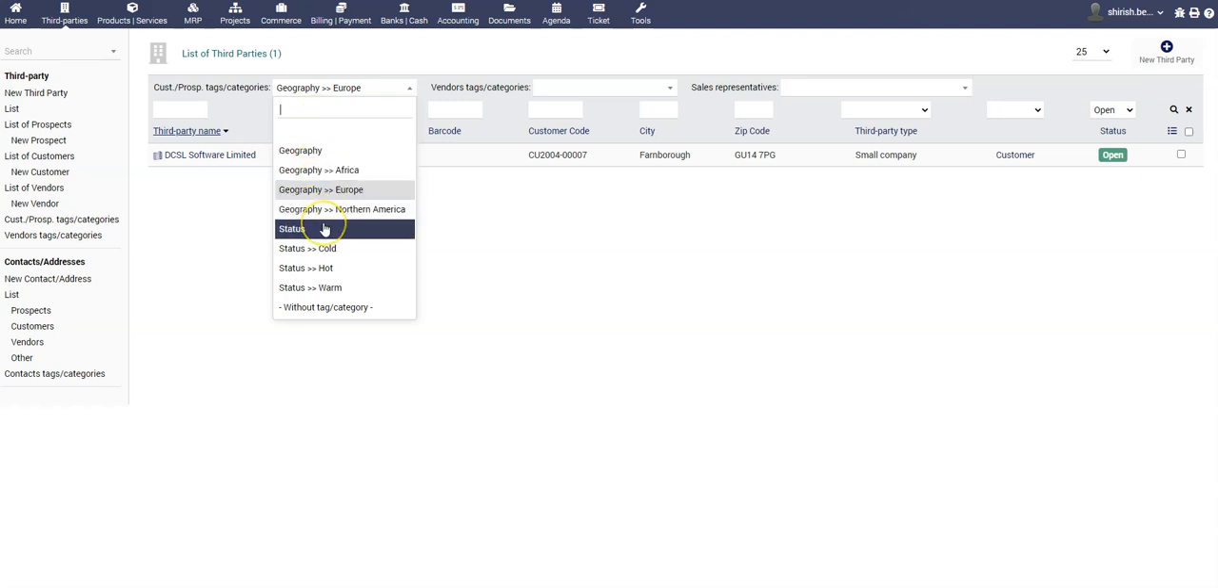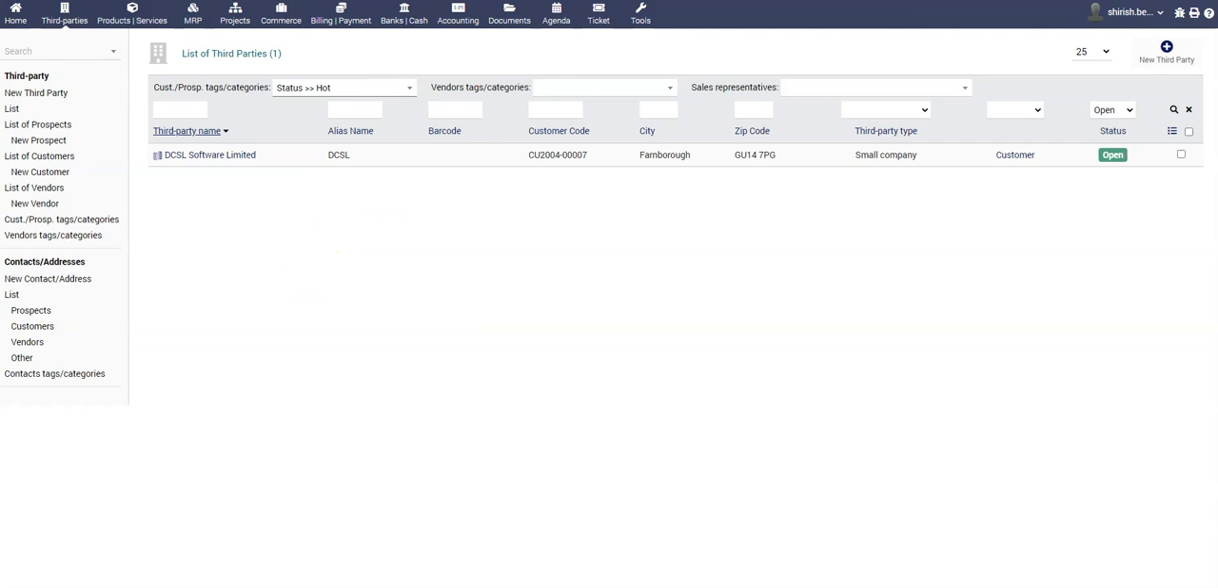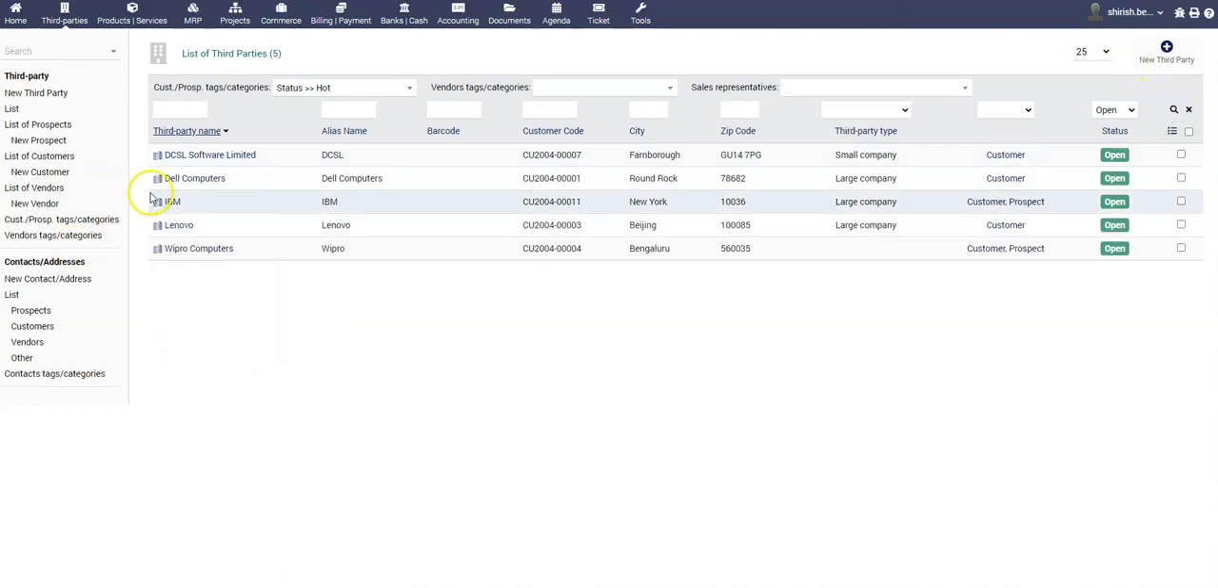And for example, if we would like to know which ones are with the status of hot, and search for them, you will get a list of those which have been tagged as hot. Now you can just imagine the possibilities. You can tag different third parties or your products and services. So this particular list view is very powerful. It has a powerful search. At the same time, you can filter those records, segment those records with these